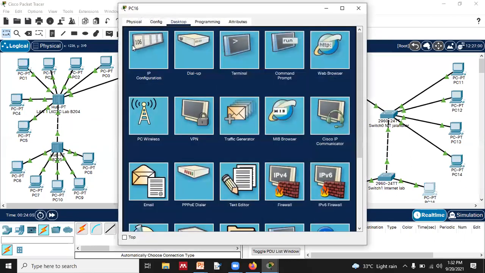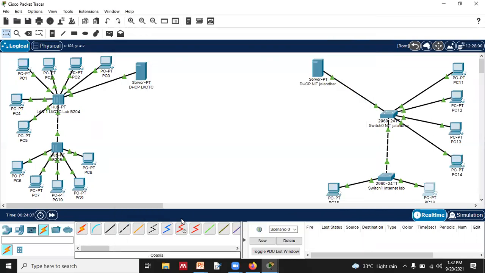And you can see each port is now turned back to green, right? Anything else left? Now you can see there are two different LANs. This is LAN 1 and this is a different LAN in NIT Jalandhar, and even in NIT Jalandhar it is an extended LAN, right? Which is connected with the server, right? Now let's check that PDU, that packet data unit over here, whether it could communicate with the server.